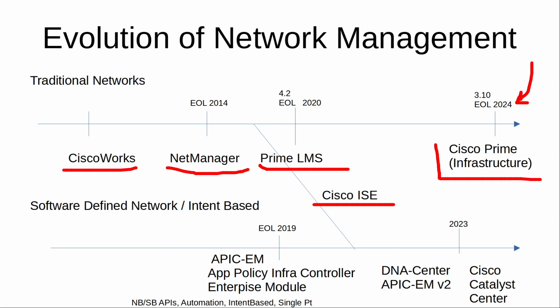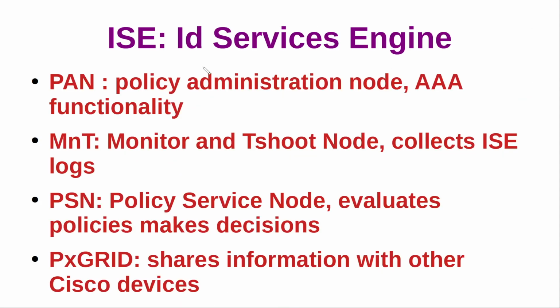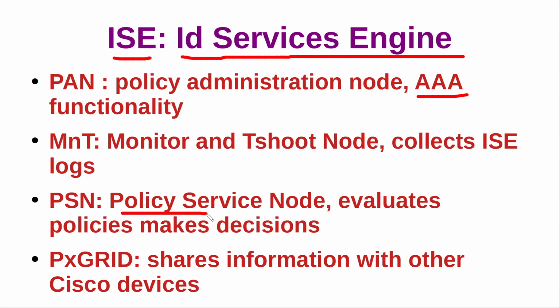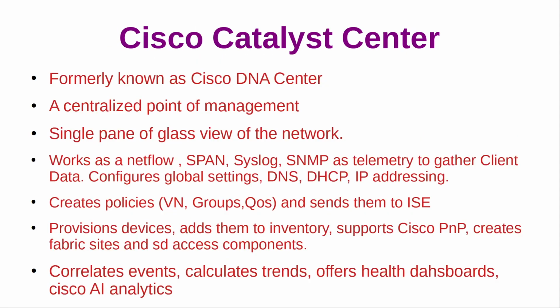So for Cisco SD-Access, we have two devices. The first device is ISE, or Identity Services Engine. ISE pretty much works like a AAA server, but also, and more importantly, it enforces policies. It evaluates policies and makes decisions, and it is in charge of enforcing security policies in your SD-Access network. So it is an important device, but there is another more important device that you need in order to have